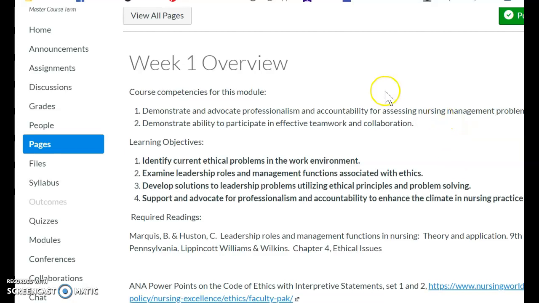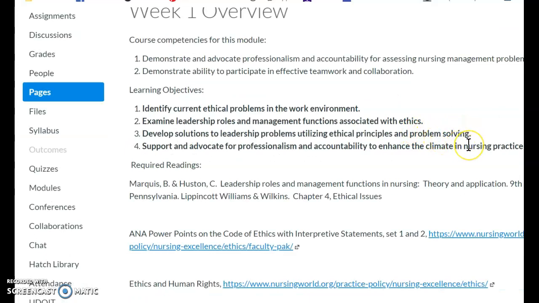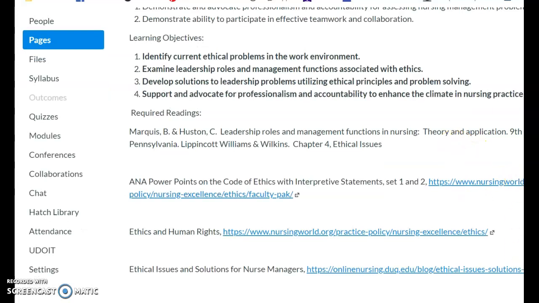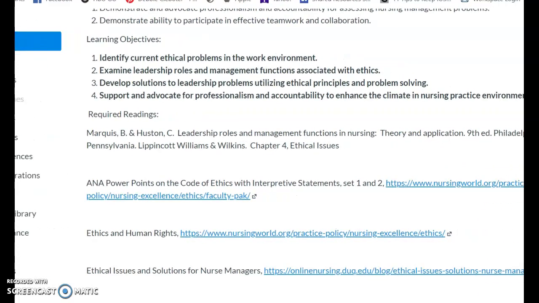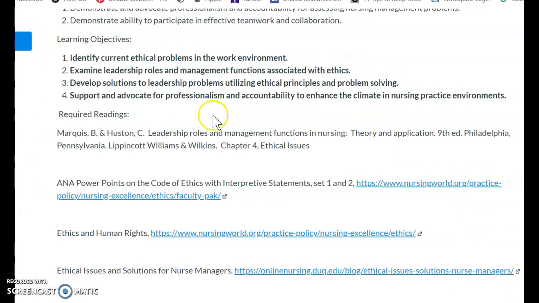The learning objectives are as follows. Identify current ethical problems in the work environment, examine leadership roles and management functions, develop solutions to leadership problems using different principles in problem solving, and support and advocate for professionalism and accountability to enhance the climate in nursing practice environments. I kept some of the same readings, but I did add in